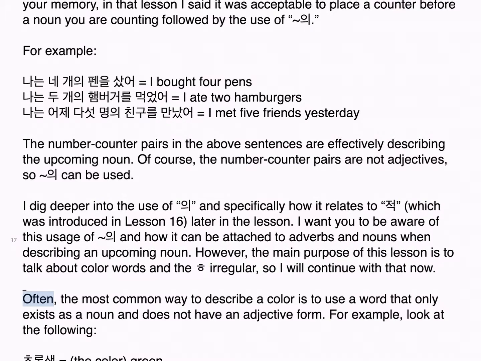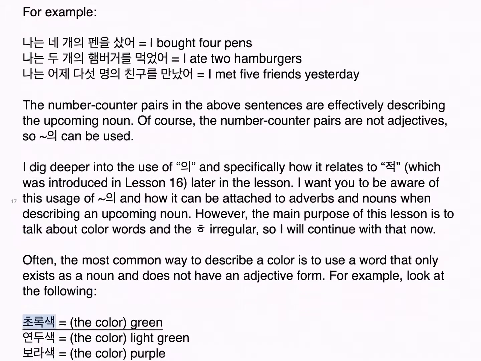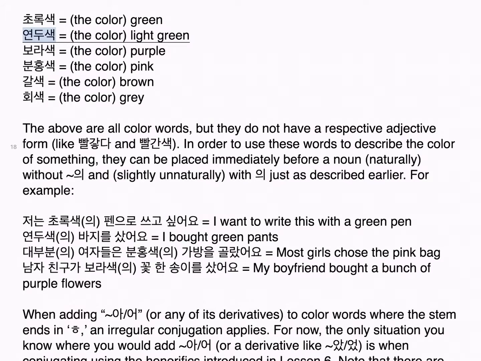Often, the most common way to describe a color is to use a word that only exists as a noun and does not have an adjective form. For example, look at the following. 초록색, the color green. 연두색, the color light green. 보라색, the color purple. 분홍색, the color pink. 갈색, the color brown. 회색, the color gray. The above are all color words, but they do not have a respective adjective form, like 빨갛다 and 빨간색. In order to use these words to describe the color of something, they can be placed immediately before a noun, naturally, without 의, and, slightly unnaturally, with 의,